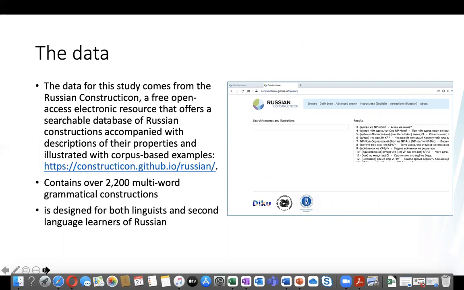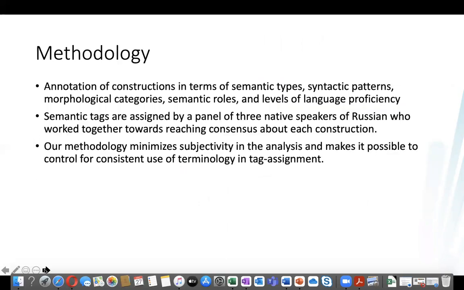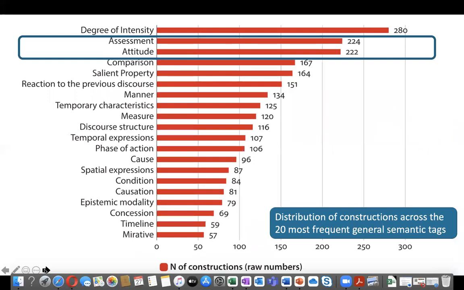And I want to mention that the methodology was not something entirely idiosyncratic, but rather was carried out by a whole group of people in order to minimize subjectivity. So here's a graph now of the 20 largest general semantic tags, if you will. So these are 20 networks of constructions. And the two that we will be looking at are assessment and attitude. So on the left are the general semantic tags, and on the right, you see the numbers of constructions in